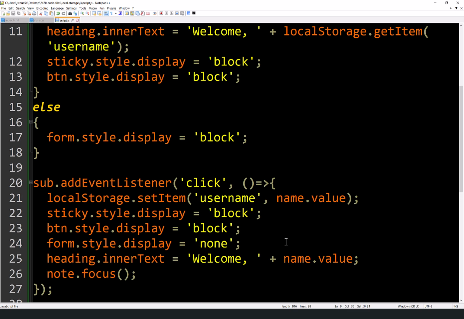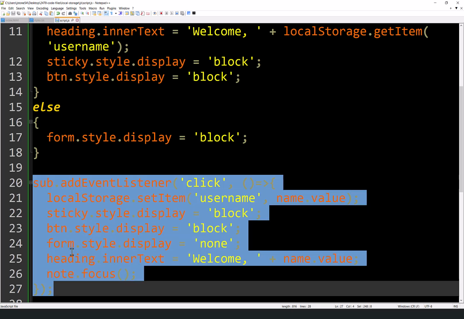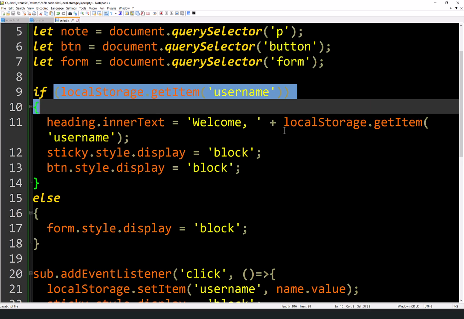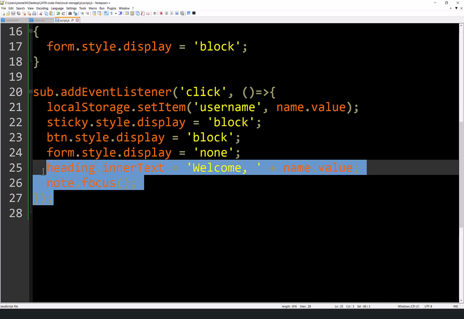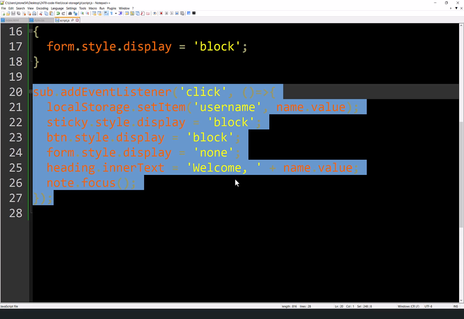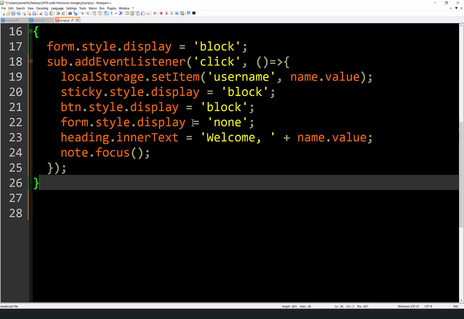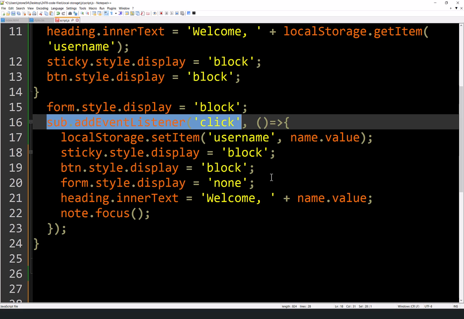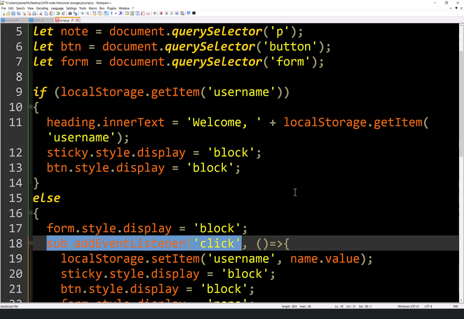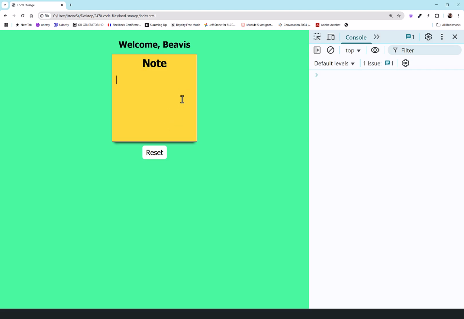Well, think about this for a minute. We don't need to do this if they've already got their name there. So we can actually move this into the else statement here, right? The only reason we want to add a click event handler to the save button is if the form is actually there. Well, right now the form isn't there, so we don't need to have that click handler created.